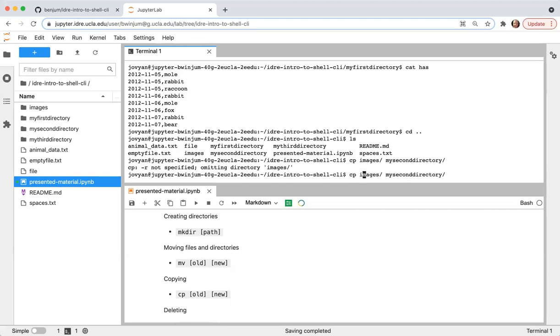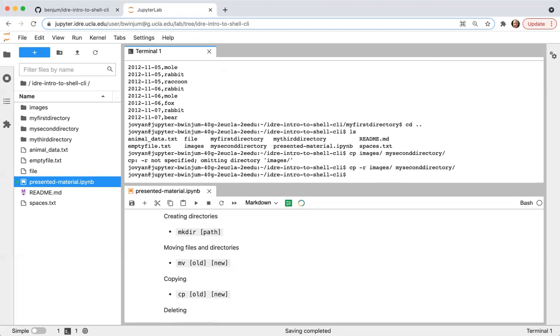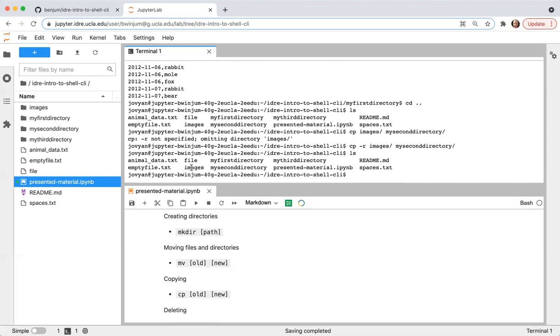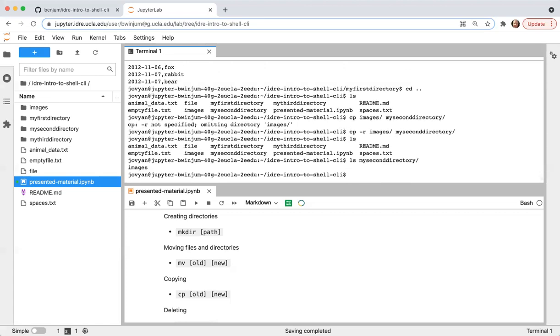One thing to do if you want to copy an entire directory into another directory is you can include the -r, and this flag is for a recursive copy. So if I include the -r, what's in my current directory, images, still exists. All I've done is copy it. And then if I list the contents of my second directory, images also exists in it.